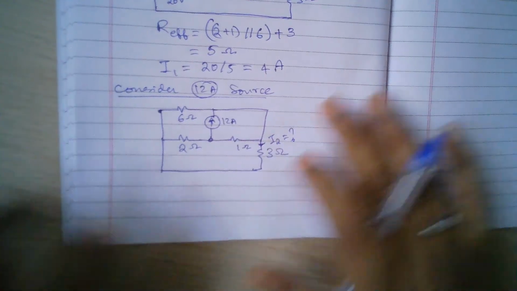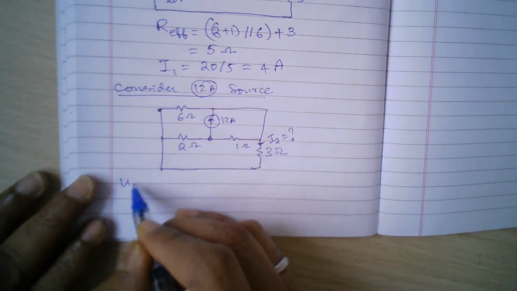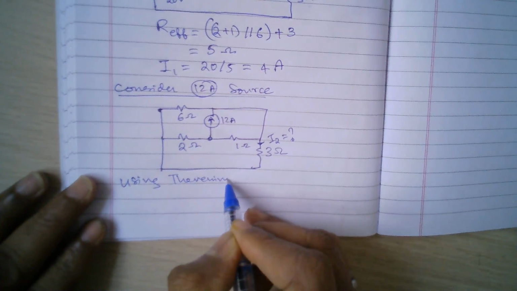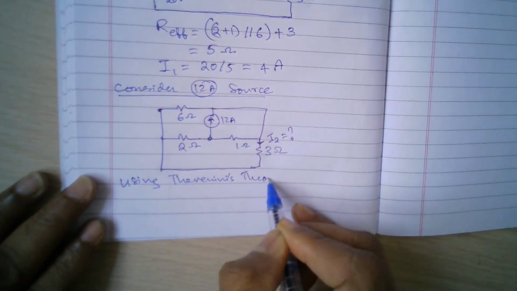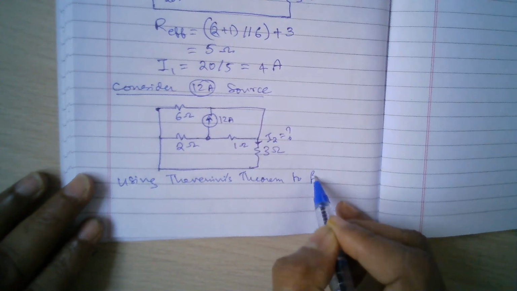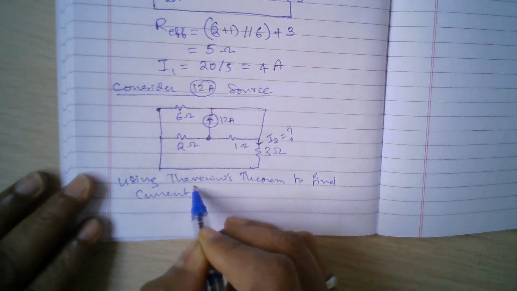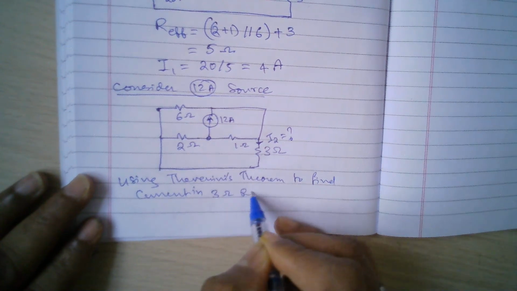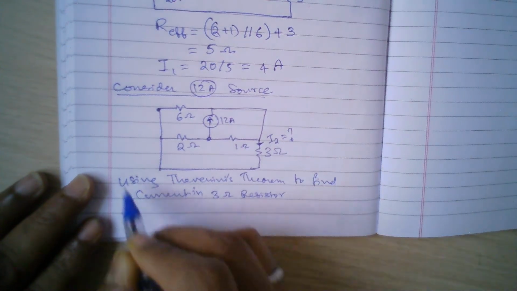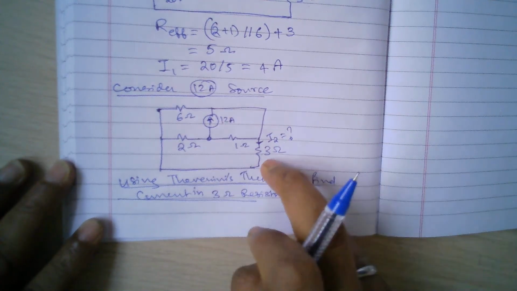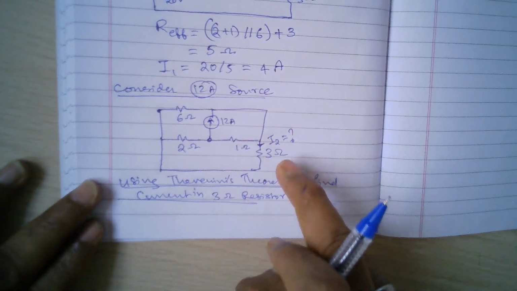So here I will use Thevenin's theorem to find the current in the 3 ohm resistance. So how do you find current in the 3 ohm resistance using Thevenin's theorem? So first thing you have to do is